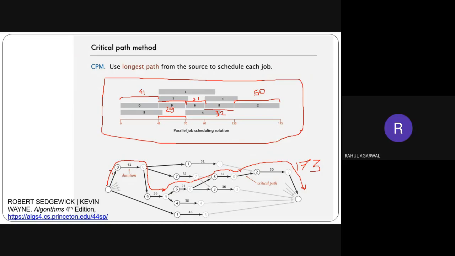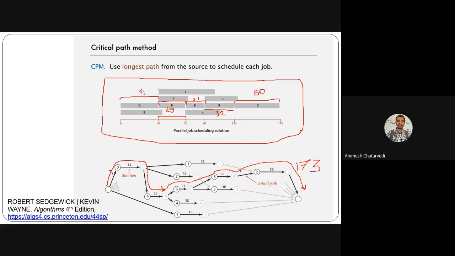Yes, sir, in this, are we checking the longest path or the shortest path? Longest path. Because we have taken 29 instead of 32 and 51, we are taking the longest path. But when we have the choices for 29, 32, and 51, we took 29 since it is the smallest. So, sir, it will make the smallest path or the largest path? It is actually making the largest path.